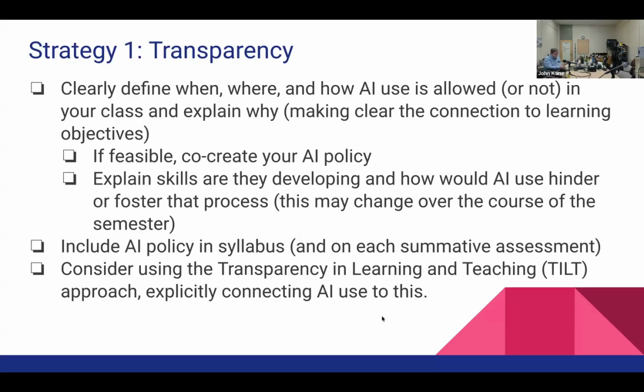Especially if they hear other students agreeing to it, you eliminate that negative peer effect that could occur when they think everyone else is going to be using it, or it can certainly weaken that sort of pressure. We do have a policy on campus of including an AI policy in the syllabus, but I'd also suggest including that explicitly on each summative assessment, for each test, each higher valued thing where you're evaluating students' learning, explicitly state whether AI is used or not used.